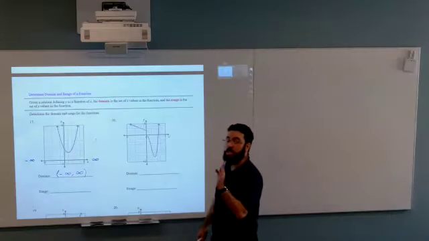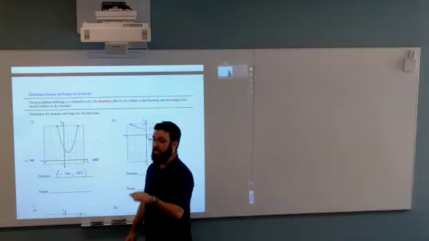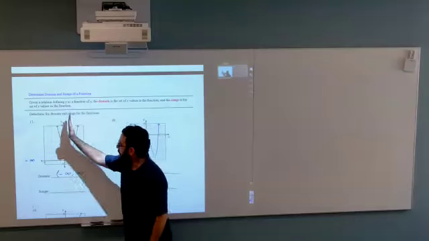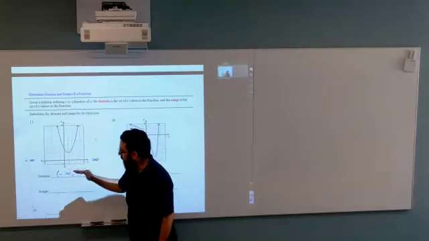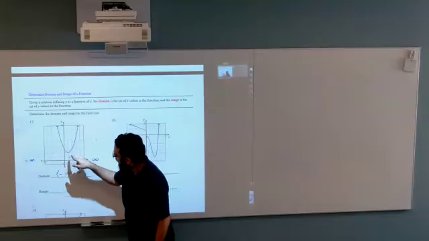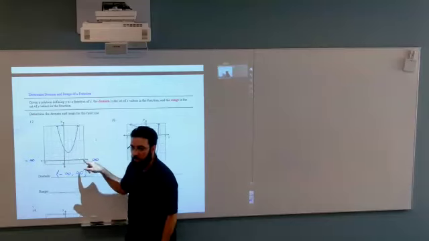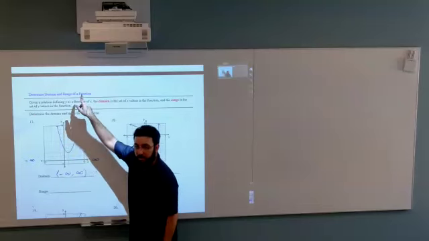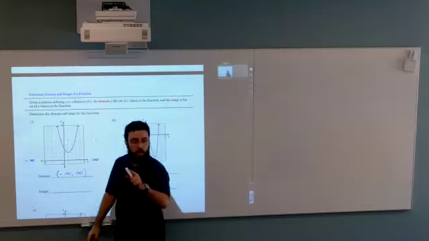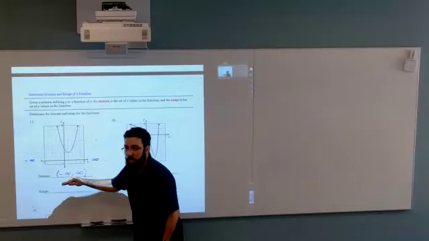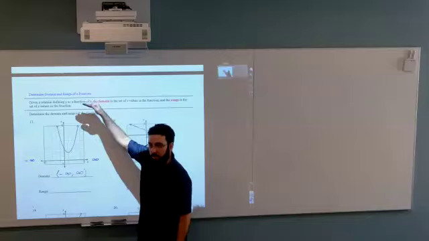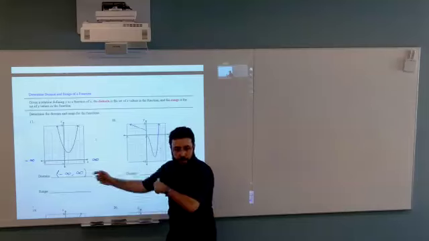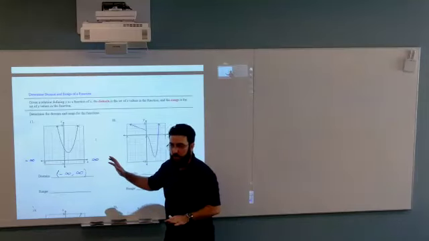Check here, which is the y value, right? The range means the y value. Now check the range. We're going to look at the y coordinate. The graph starts from where? See, from 2, starting from this point, and goes where? To infinity. So for the range, you write down from the bottom to the top. You write down the domain from left to right, because if you flip it, it's going to be wrong. So the range is from the bottom